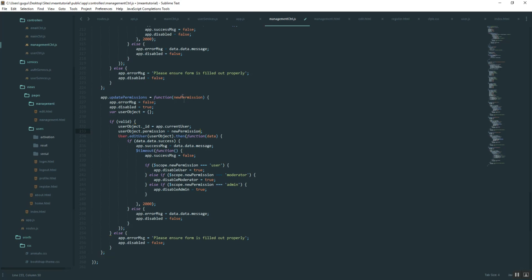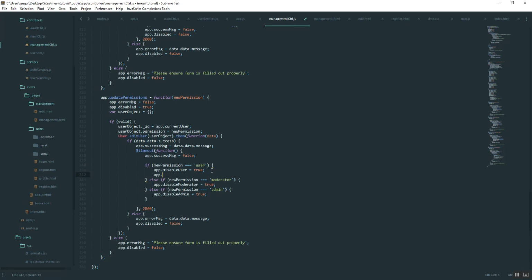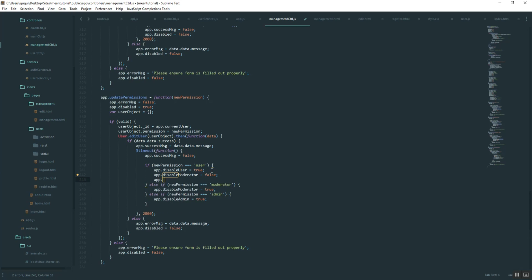Okay, to make sure that we're assigning whatever permission is passed in the controller to the user before we pass it to that function. And then we're going to replace this here. Okay, so if the permission is set to user, then we're going to disable the user button, and then we're also going to enable all the other ones. So what is it? Admin, well, moderator is false, and